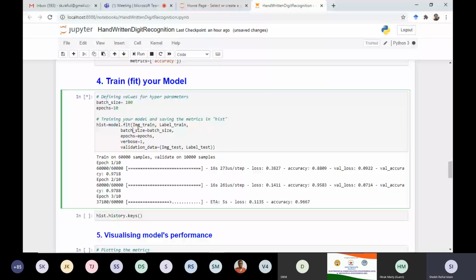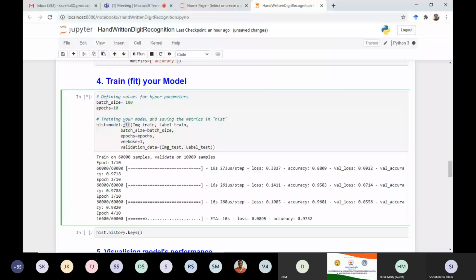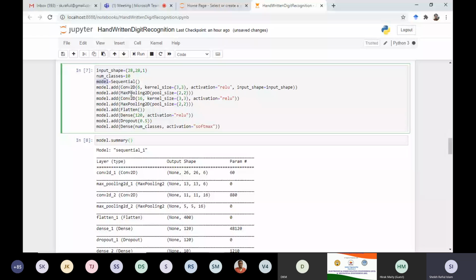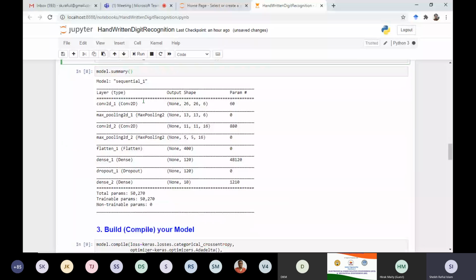We have this function present in Keras, fit. Fit is used to train, and this function will be invoked on the model, the sequential object. After that, we have added these layers. So this is a variable. If you give any other name, x, y, z, here also it will be x, y, z.